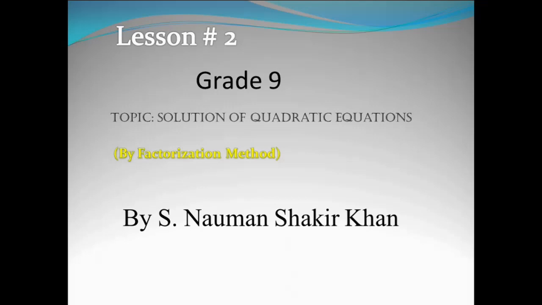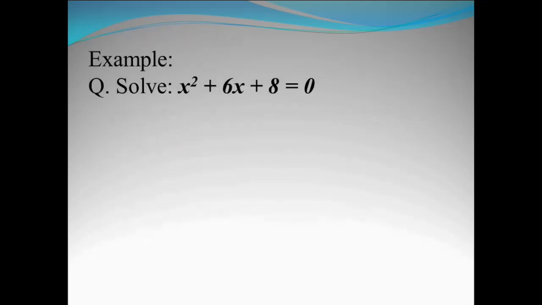By solving an example, we will understand how we use this one. Let us have an example question. Please read it carefully. Solve x squared plus 6x plus 8 is equal to 0. It means you have to find the value or values of x for which this equation is true, and those values are real numbers. For this purpose, the first step